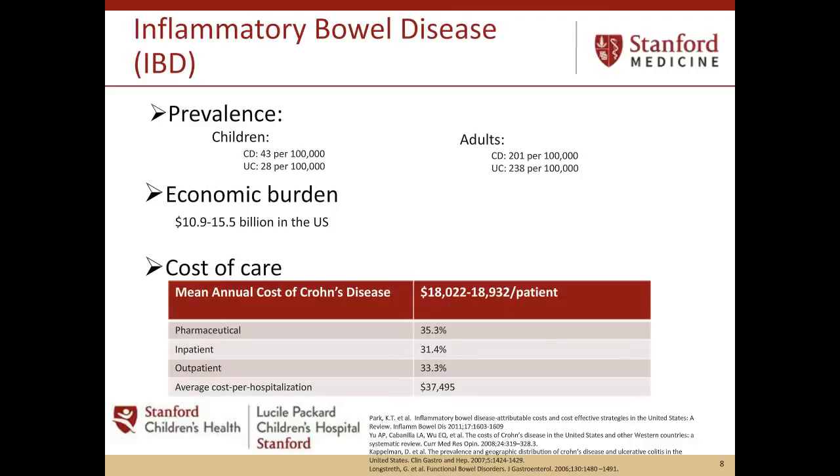Focusing our attention on inflammatory bowel disease, however, the prevalence is much less. Crohn's disease and ulcerative colitis make up 28 to 43 out of 100,000 in children, and then possibly 200 to 250 or so out of 100,000 in adults. And there is great economic burden, health economic burden for this particular chronic disease. And this is where my expertise and research has been focused. When you think about the cost of care, it is actually even double or more than irritable bowel syndrome. It's up to $20,000 per patient, and we'll talk about that in a research article that we just published in